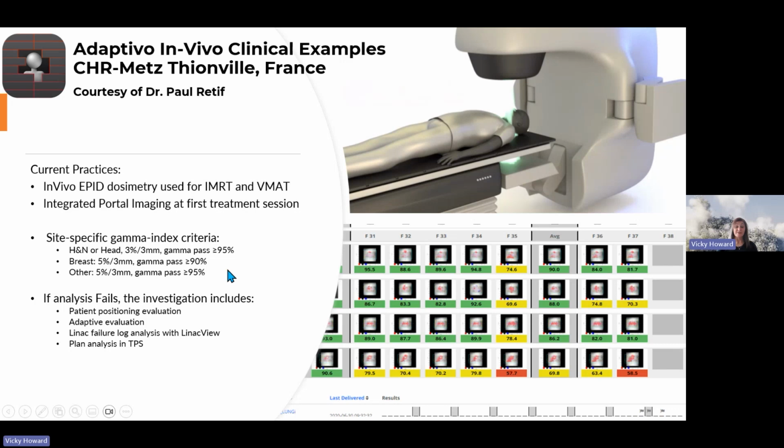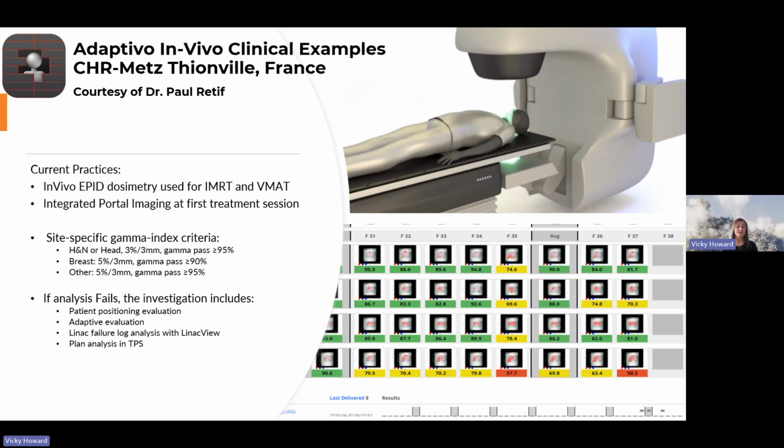So if the analysis fails, they do have a process they go through for their investigation. The first thing that they would start with, as I mentioned, is the patient positioning evaluation. Is the patient set up, or are they using the right immobilization devices according to the simulation plan? After that, they would do an adaptive evaluation, looking at patient anatomy, weight loss, has something changed that affects the